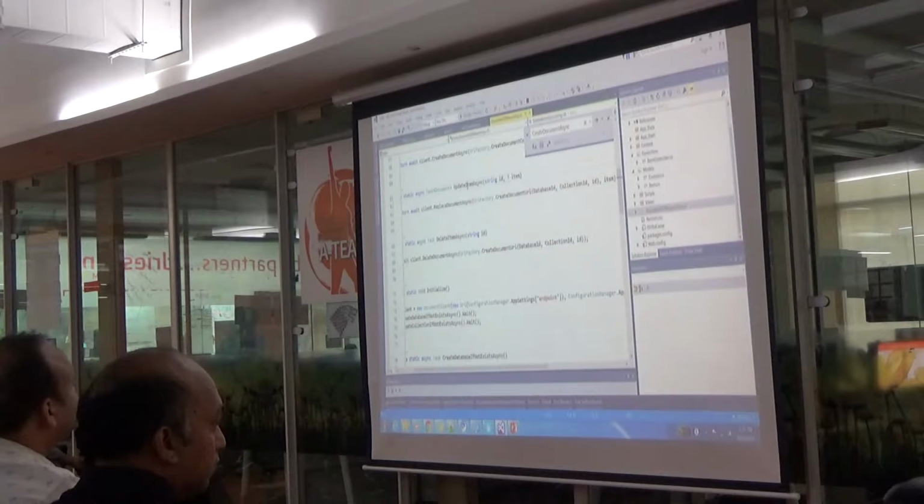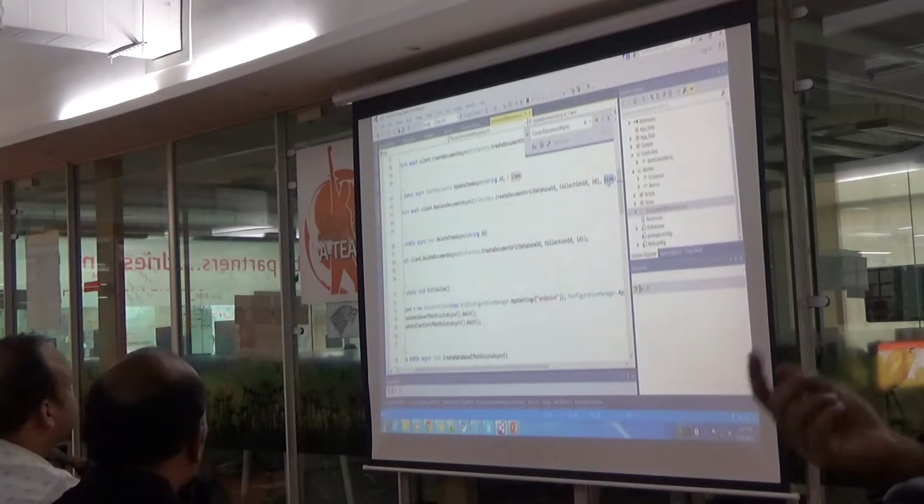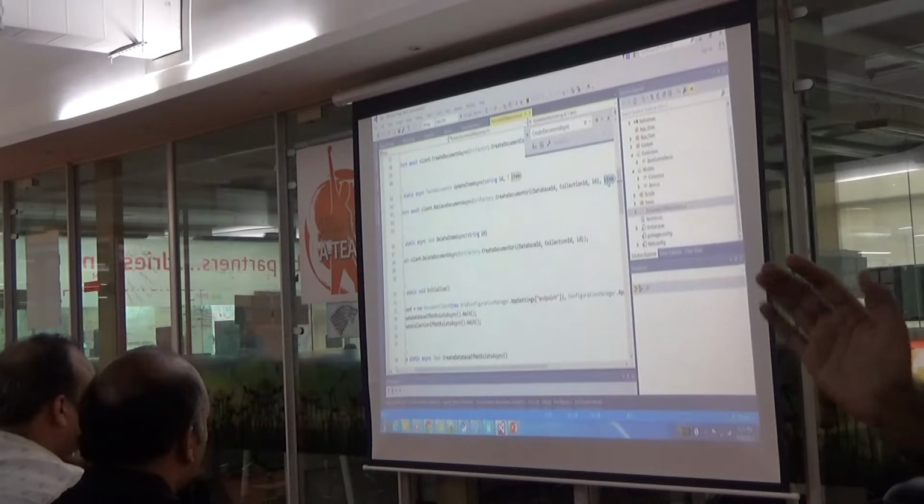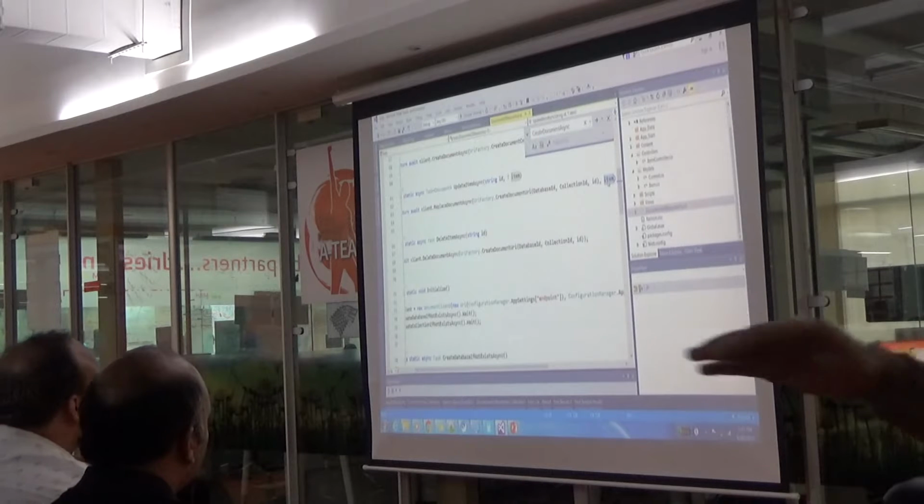Or if you want to update, you want to send the item, because you are updating, right? For deleting, you don't need the item. You just need the ID and delete that part. For update and creation, you need that item as well. I hope I'm clear about it, right? It's very basic stuff.